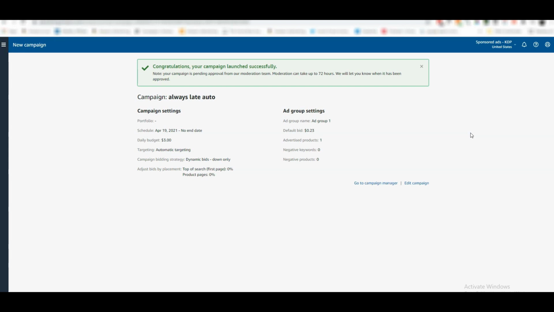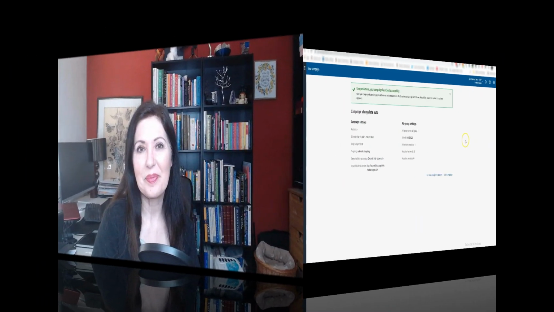And some people get confused with that because they think, well, has it been accepted or not? But it means that it has been accepted and that your ad is running. And you can check that on your dashboard as well, because once your ad is running, it will start showing up on your dashboard. So I hope this has helped you a little bit.